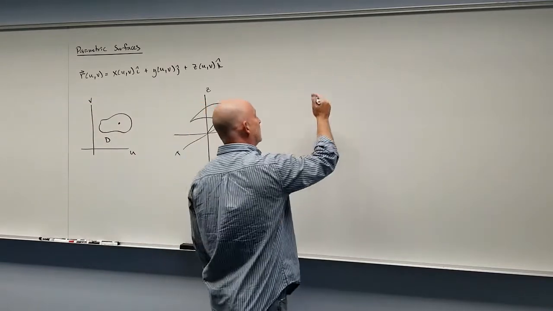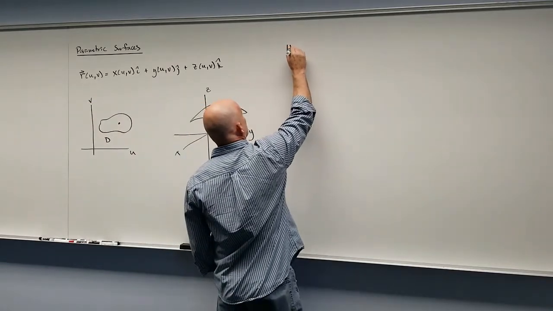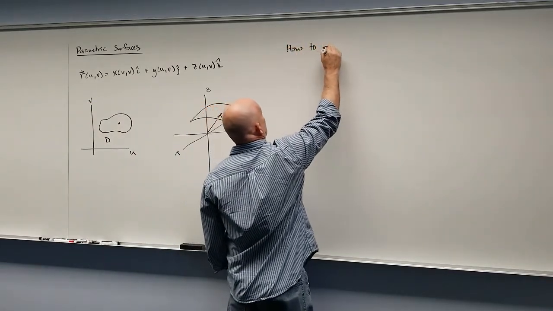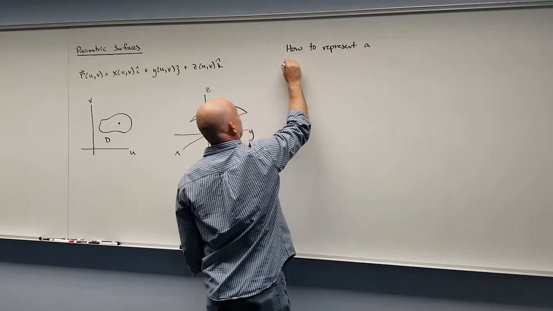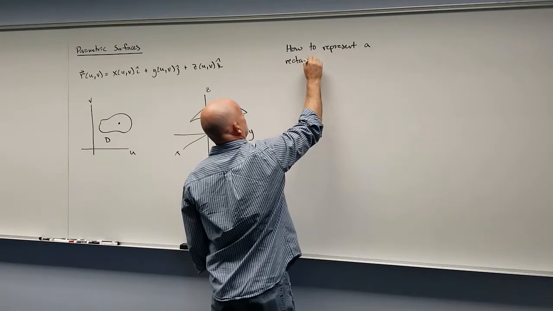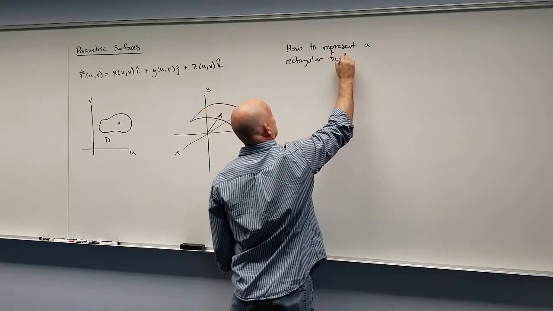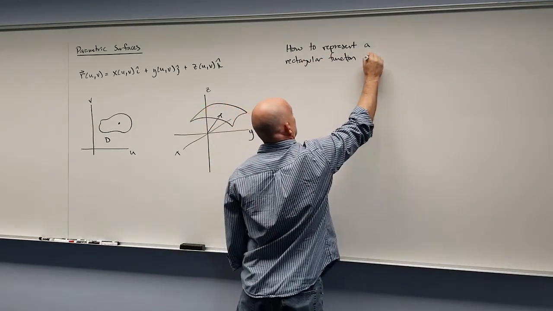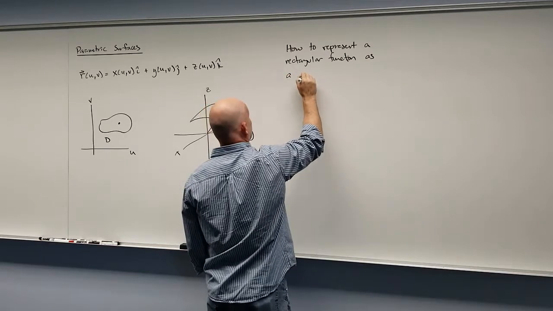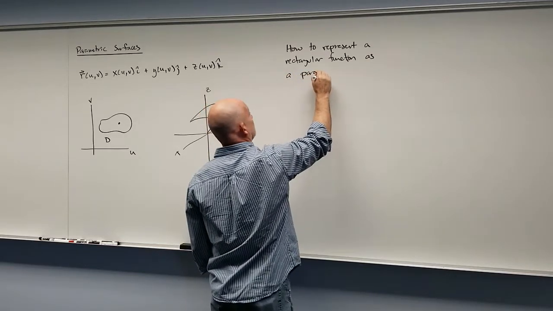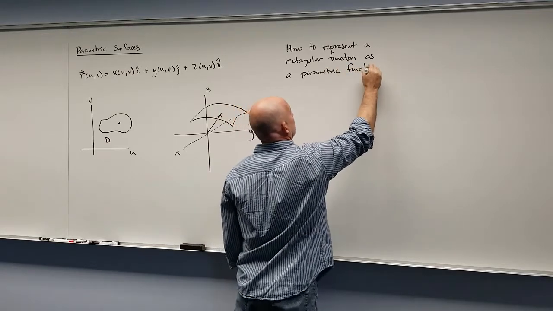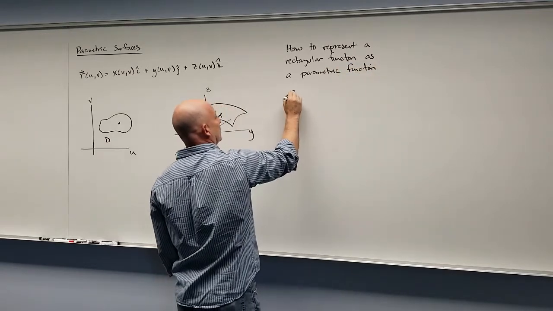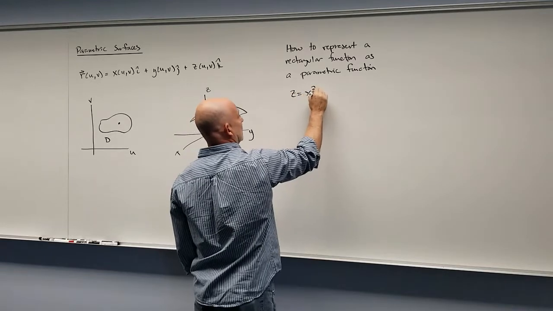Now, how do we go from our normal rectangular form to this parametric surface? A lot of times it'll be given to you, but how do we represent a rectangular function as a parametric function? So let's say we had something like z is equal to x squared plus y squared,